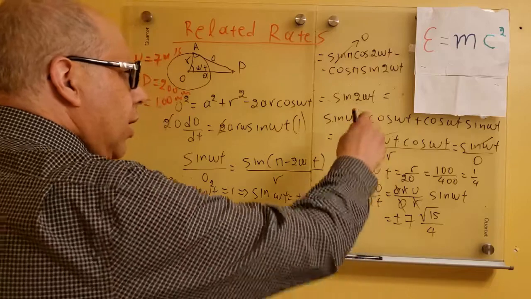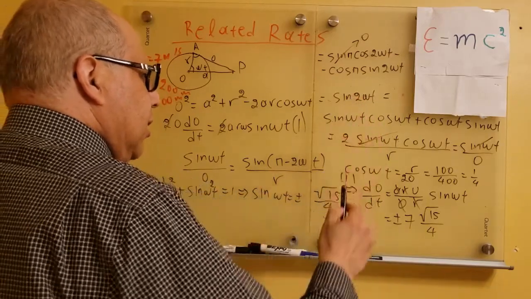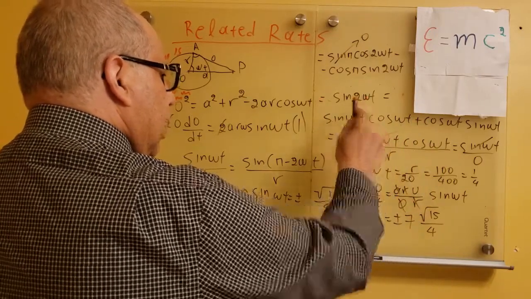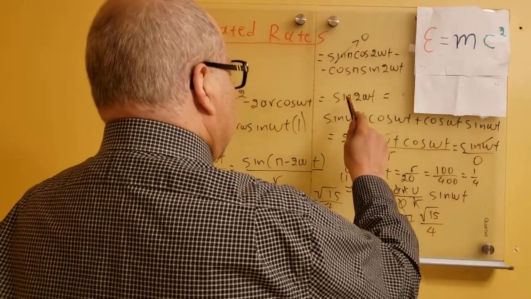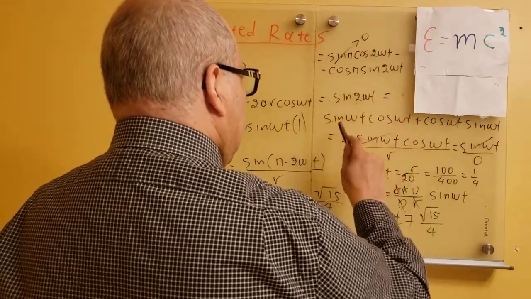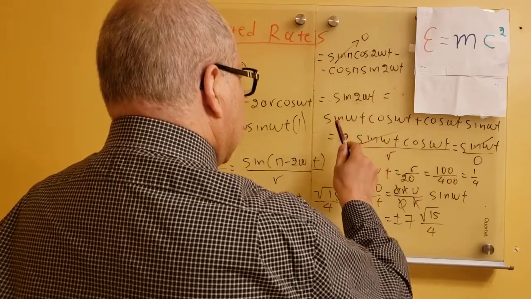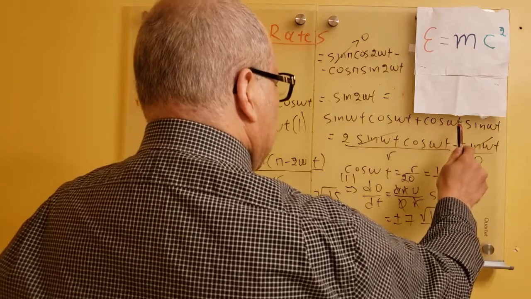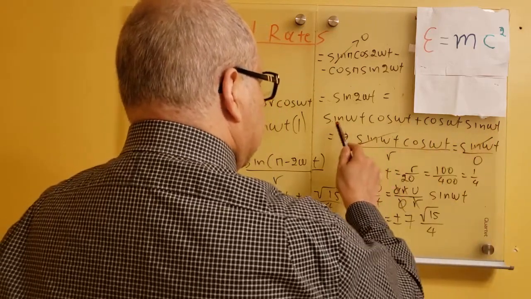And now I use the trigonometric identity sine of a plus b to find how much this is. I split it into omega t plus omega t. That will be equal to sine omega t times cos omega t plus cos omega t times sine omega t. These two are equal, so it's 2 times this